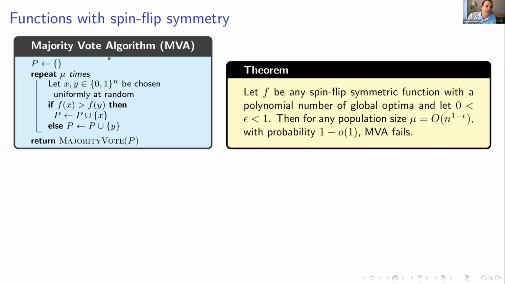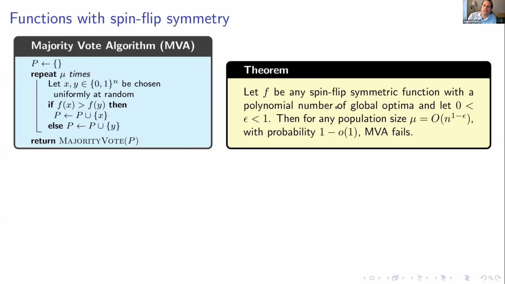So just to look into this majority vote algorithm again, we'll call it MVA. Mu times, we sample two strings, we take the fitter of the two and we add it to the sample set, or we can call it a population. And then we finish just by returning the majority vote. So our first, a bit negative, result is that if f is any spin-flip symmetric